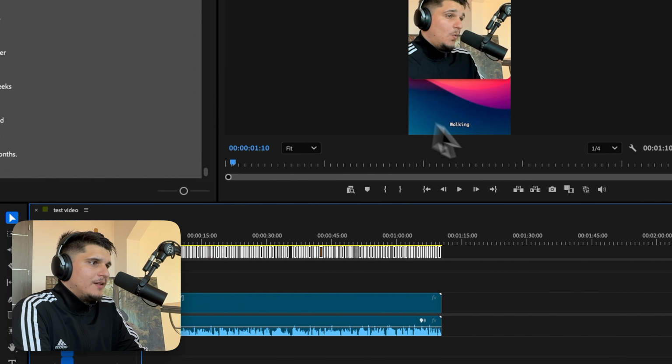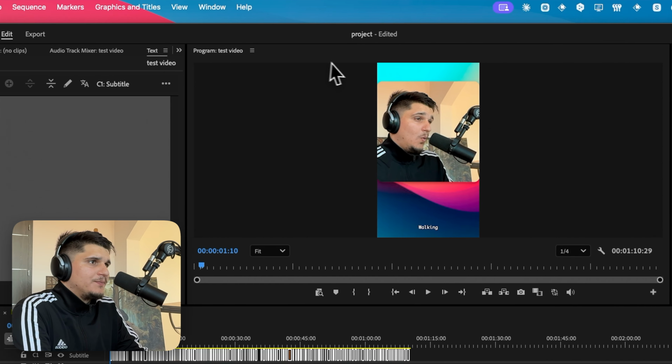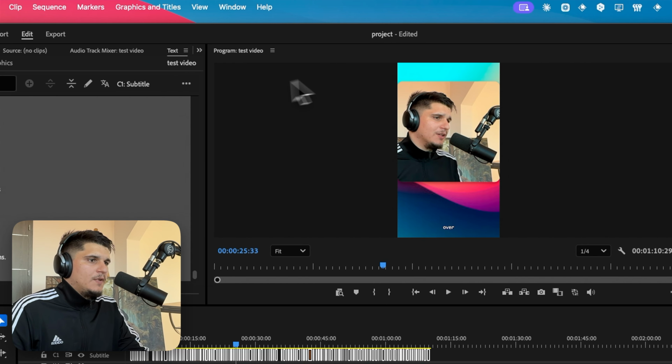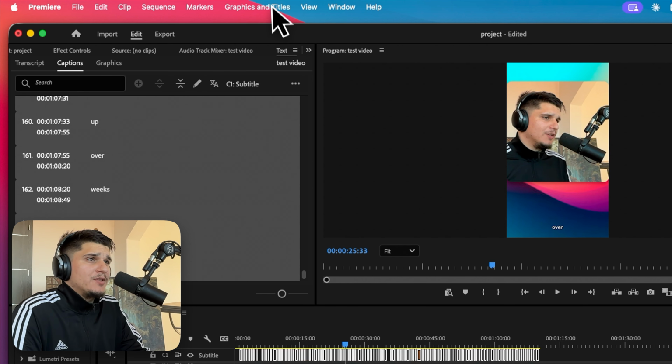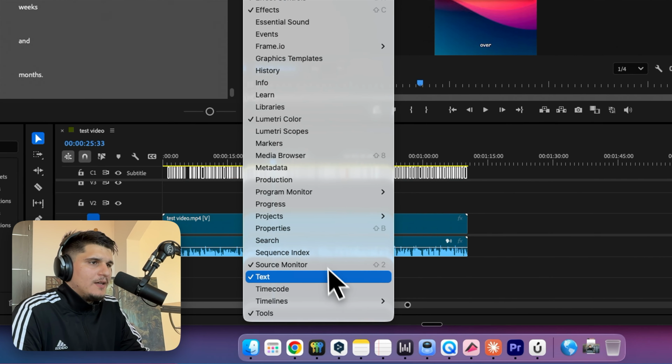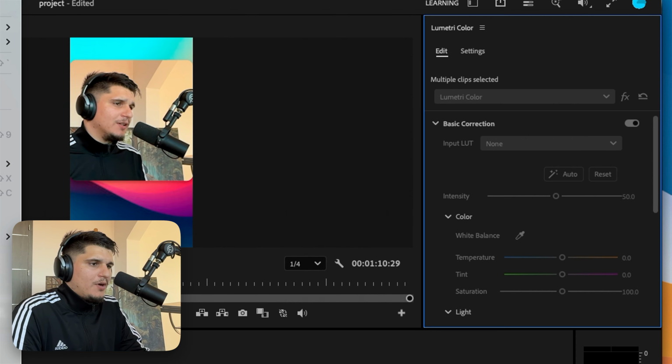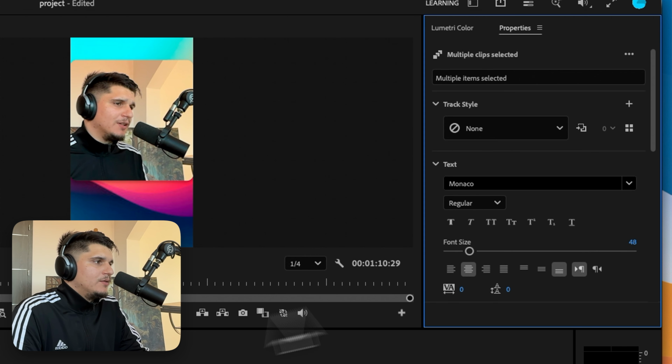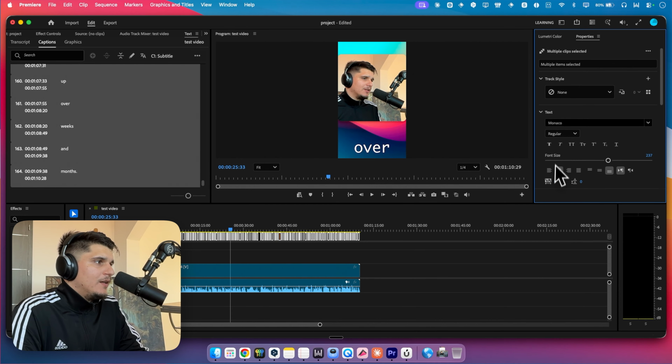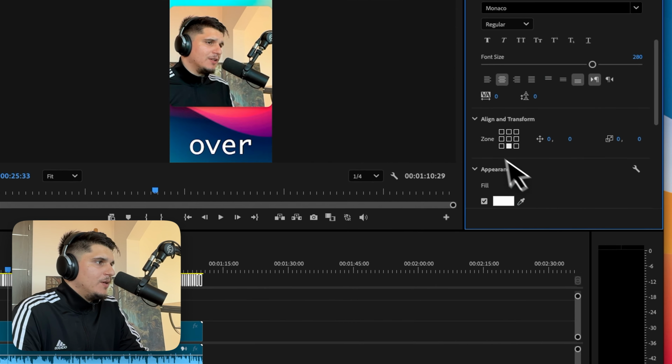But the problem is that it's located right over here. And now we highlighted the captions, but we need to go here to Window and go to Properties. And we already highlighted, we just need to increase the font size and select the position now, maybe one here,